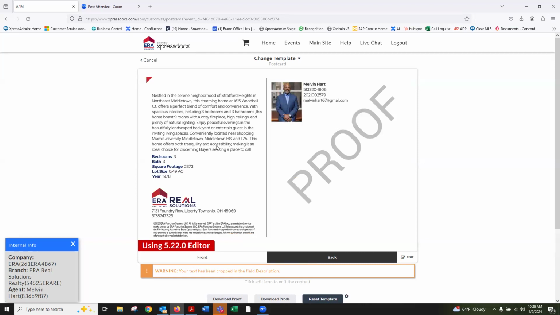Now, this is a little bit different than My Listings. My Listings is going to put all your MLS text in there, and it is going to shrink it to fit. We did something a little bit different that I always have to point out because I don't want you to miss it: we are cutting it off. That means if we deem your MLS text too long, we are going to cut it off. You can see this ends at "call." So we'd want to go in there and make changes on it. It was kind of pick your poison. So we've kind of tried this. So if I go edit,